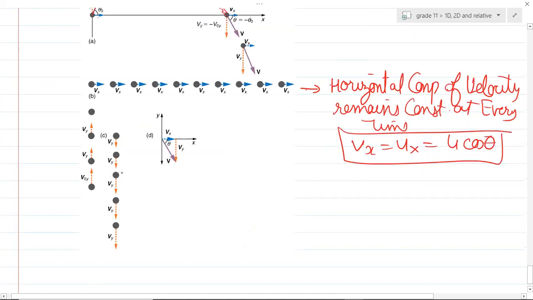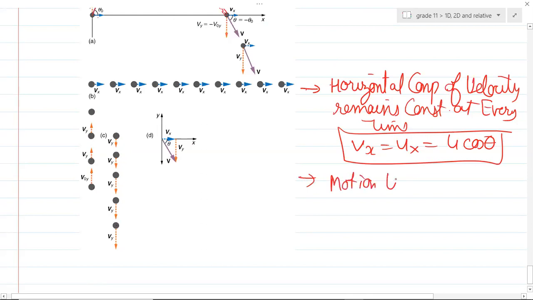But can you see the vertical component, guys? Can you see the different vertical components? Initially it is big. Then later on, what will happen? Till the object goes up, it will go up, and then at one particular point, can you see it is coming down now? So the vertical component is initially decreasing and then it increases in the opposite direction. Is this clear? So this is just like a motion under gravity.